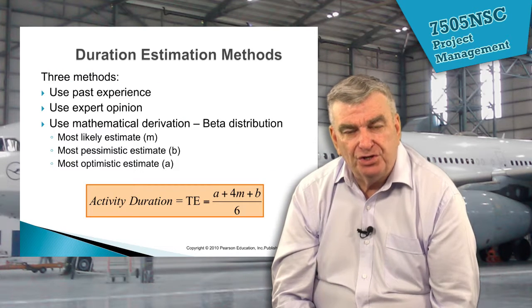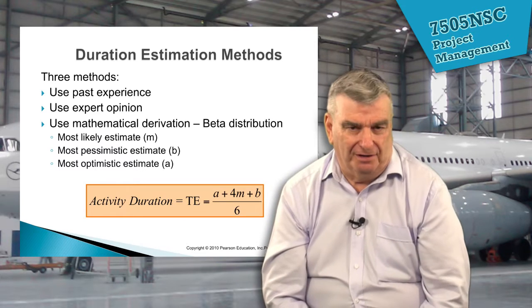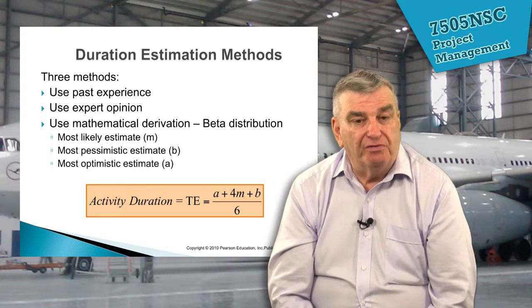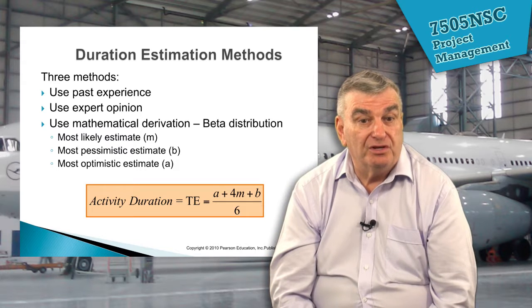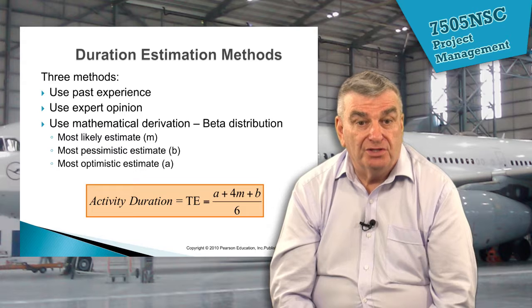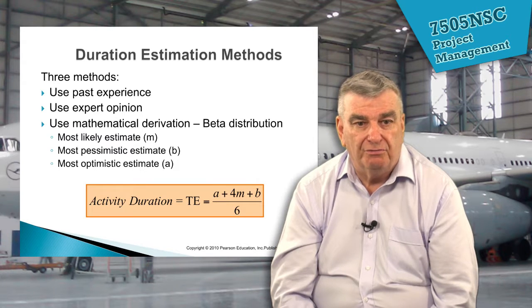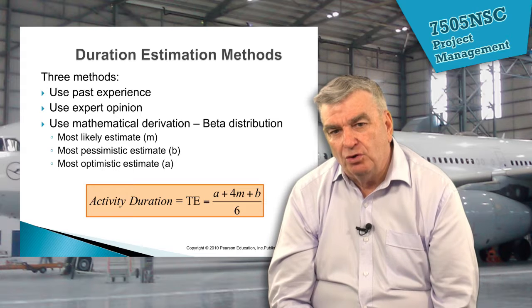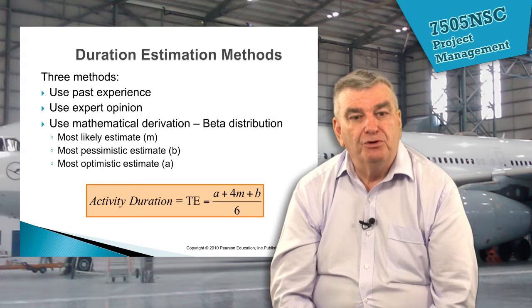When we come to duration estimation, we said in an earlier lecture, it's really the hardest thing to figure out. And of course, we've got different ways. We can use past experience, as we spoke about in parametrics when we spoke about cost estimation. We can go along to an expert who's done this plenty of times before and absolutely knows it back to front. And there's another way we can call the beta distribution, just another fancy name for a simple formula